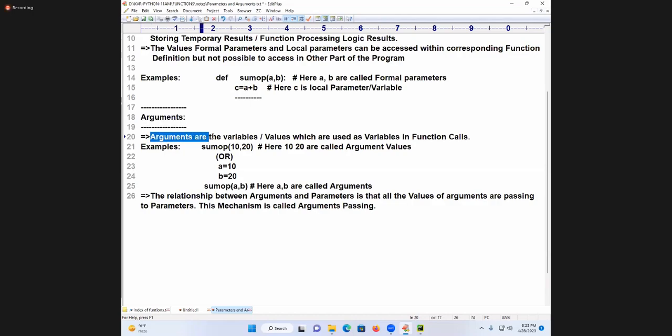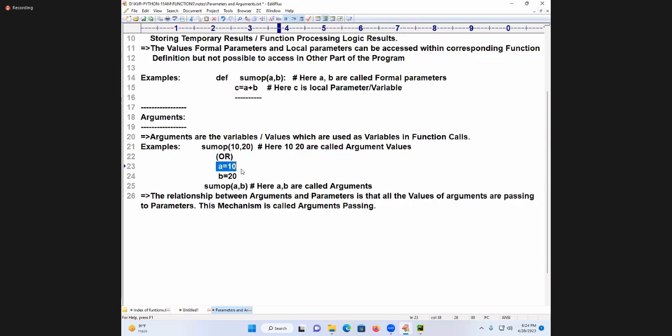Now come to arguments. Arguments are the variables or values used in function calls. Arguments are the variables or values used as what? Variables. In where? Function calls. See, sum of 10, 20. Here 10, 20 are called what? Argument values.